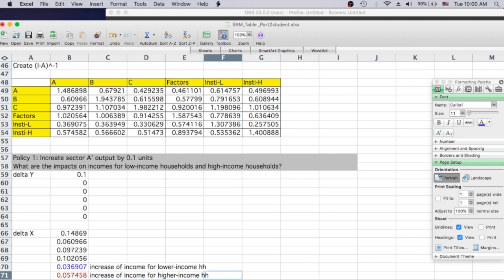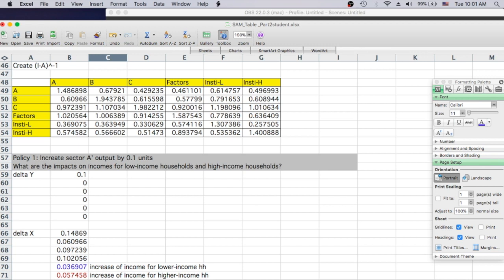Okay, and you can see that there's a greater increase of income for higher income level households. Just to give myself a note. All right, so you can see that SAM actually is very useful for us to provide some quantitative analysis